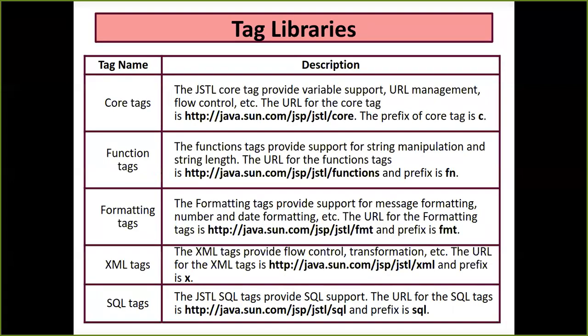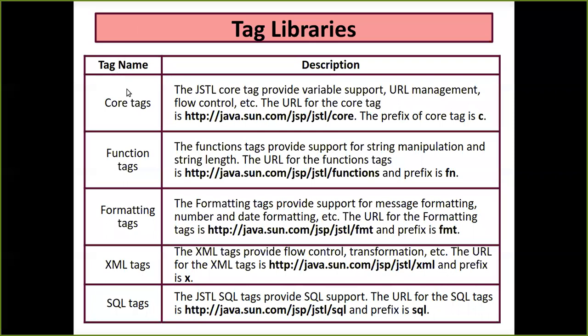Now, which tag libraries are we going to talk about in this chapter? In general we have five tag libraries, and they help in all possible ways. We'll try to make our business logic work for us, and whatever maximum we can expect from our application, we can build with the help of these five tag libraries in our JSP. The five are core tags, function tags, formatting tags, XML tags, and SQL tags.